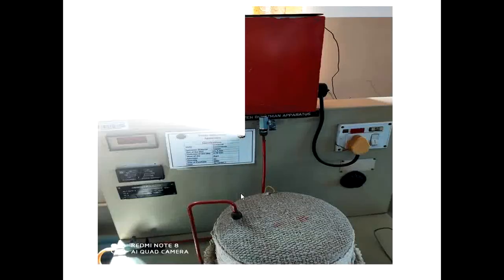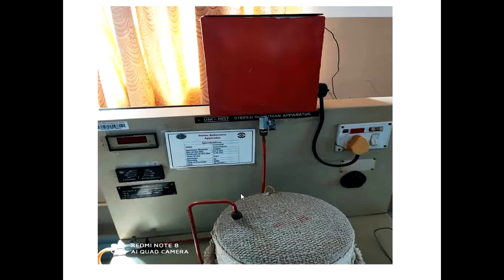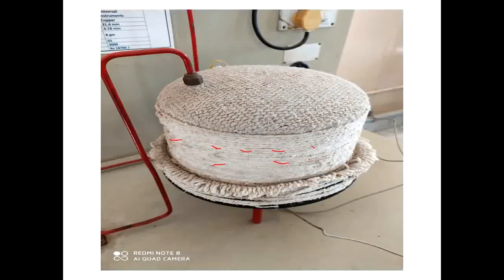This is the apparatus. See students, in our college we have an apparatus like this. This is where the hot water will be. Here we heat the water using an electric heater. After reaching a certain temperature, the hot water is released to the source. This is what is called the source. The hot water is here, fully filled, and it will start to give off radiation.